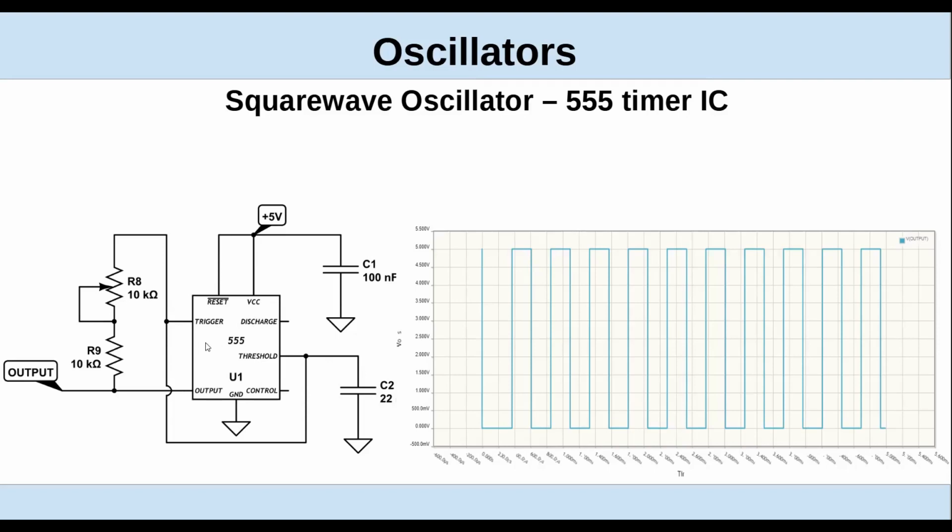They can also be configured as what we call a one-shot, a monostable, where it will just produce 1 pulse every time you trigger it. And the width of the pulse is again going to be determined by this RC network connected to